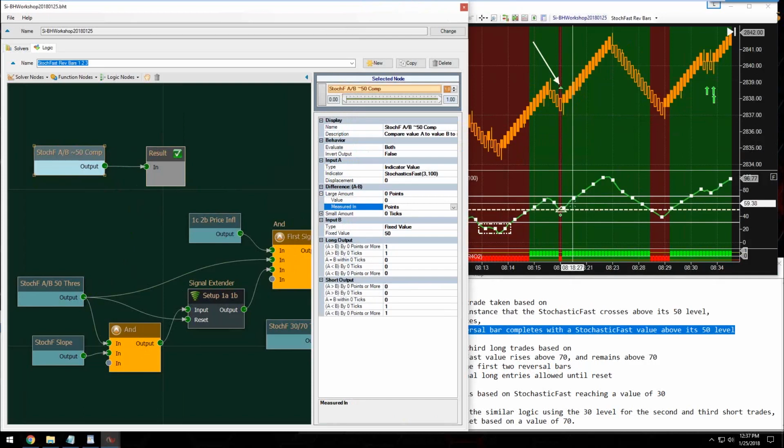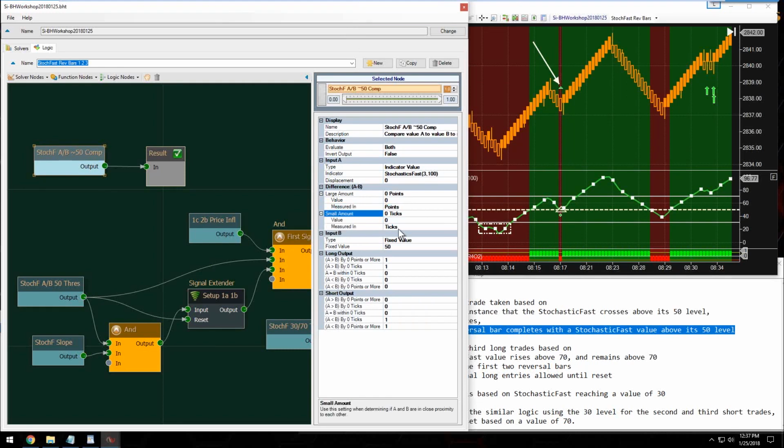So therefore, the indicator value of the stochastic or something like the MACD, indicators basically move in whole values, in absolute values, which is more closely correlated to points versus ticks, which would be a fraction of a value. So I'm going to change both of these to points,